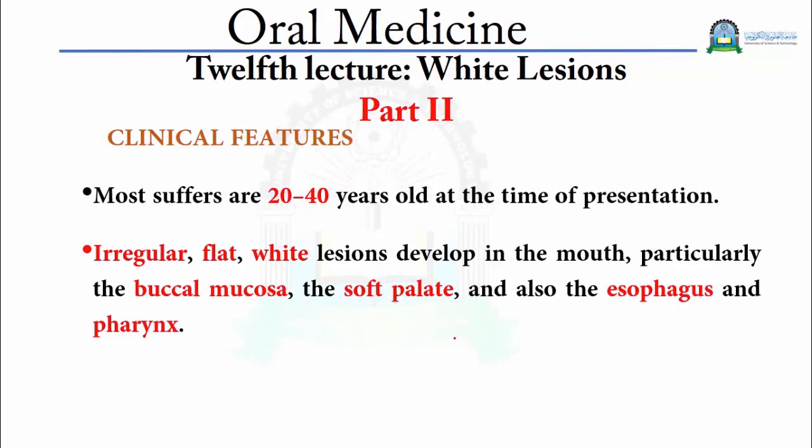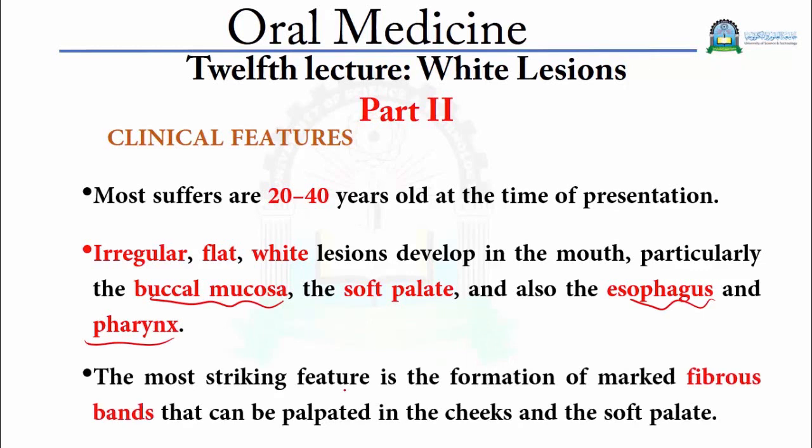The clinical character of oral submucous fibrosis is irregular flat white lesions which develop in the mouth, particularly in the buccal mucosa and the soft palate of the patient. Also the esophagus and the pharynx can be affected. The most striking feature of